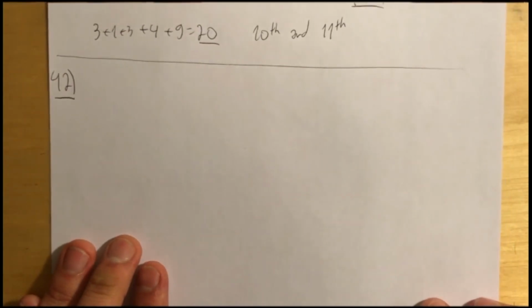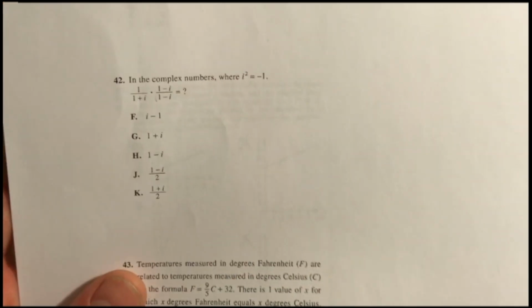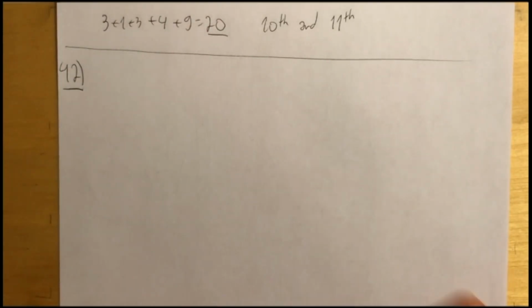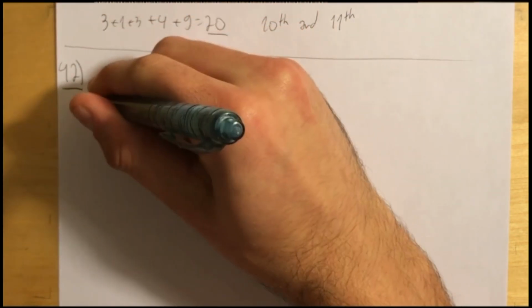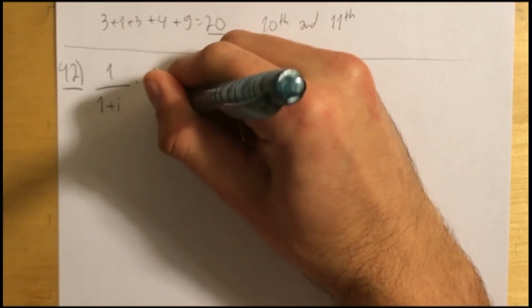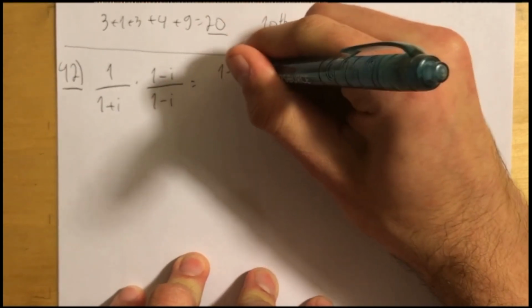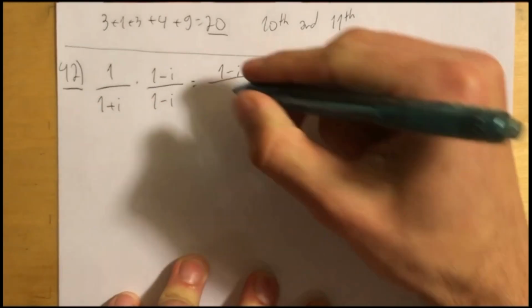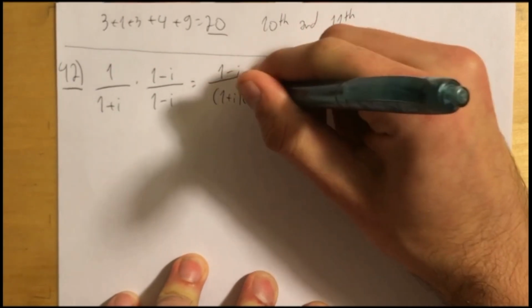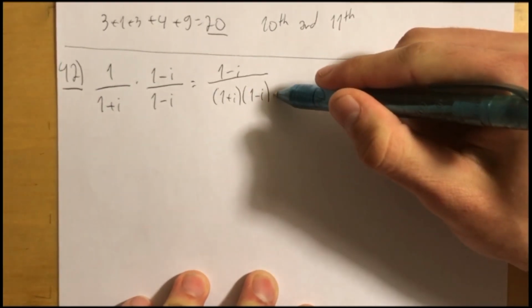Question 42. In the complex numbers where i squared equals -1, evaluate this expression. So the expression is given by 1 plus i times 1 minus i, over 1 minus i. So then we multiply the top, which is just 1 minus i, and the bottom will be 1 plus i, 1 minus i. If you look at it, you can recognize that the bottom